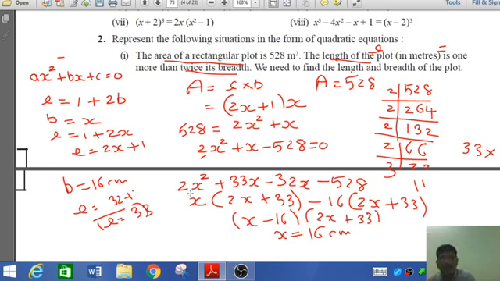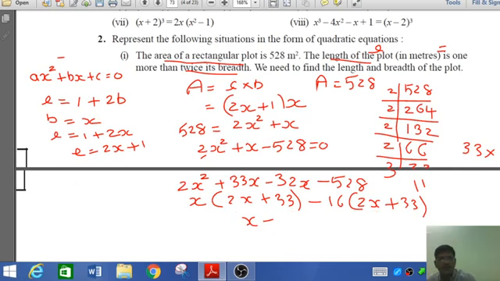Now make a factor; I will also make a prime factor here and then make pairs. Sometimes they ask to make only the equation, then you can make only the equation. But sometimes they ask you to find the solution of it, then you have to do it. So that is the solution we have completed. Now I want to explain the next question.